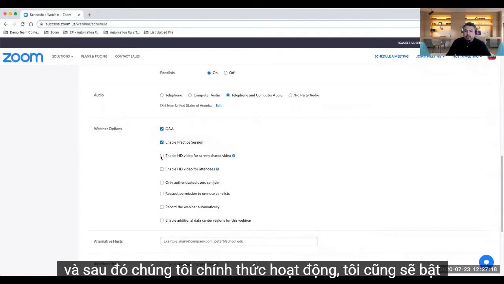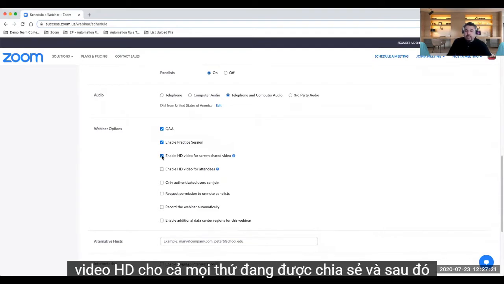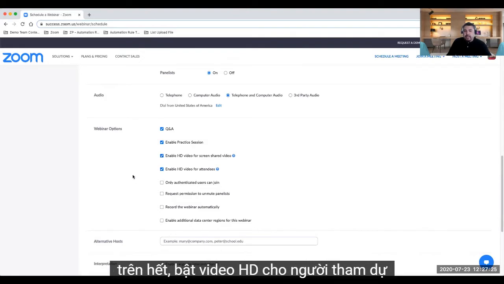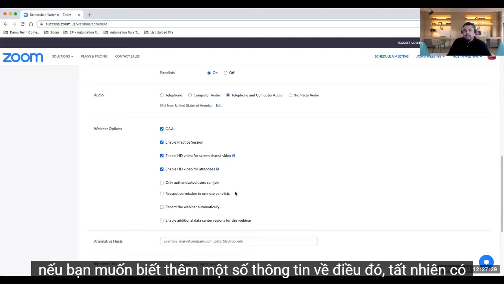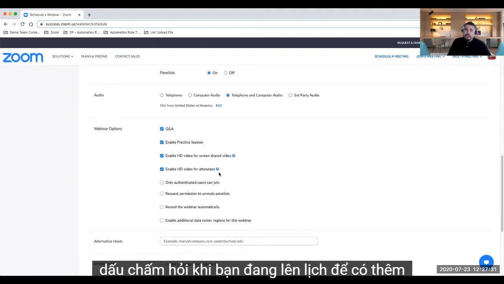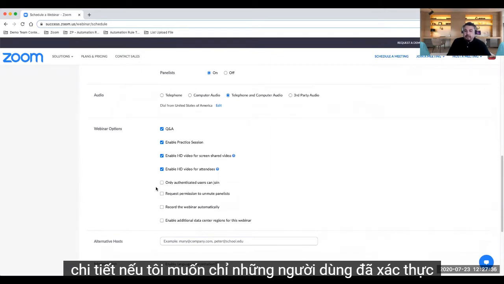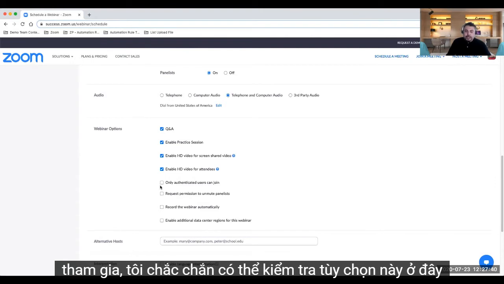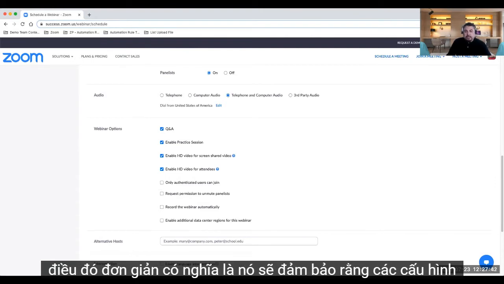I'm also going to enable HD video for anything that is being shared, and then on top of that, enable HD video for attendees. If you'd like to get some extra information on that, of course, there is a question mark as you are scheduling to get that extra detail. If I wanted only authenticated users to join, I can certainly check this option here. What that simply means is it's going to ensure that